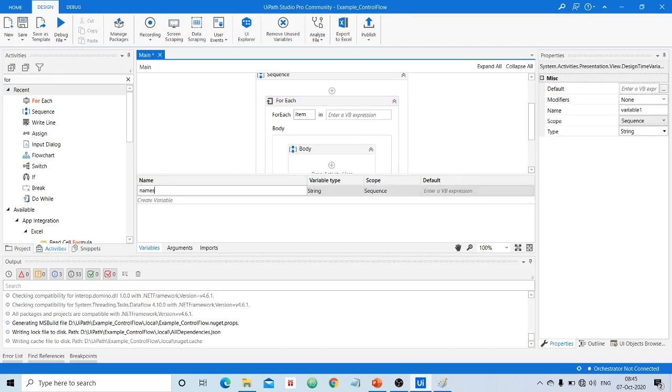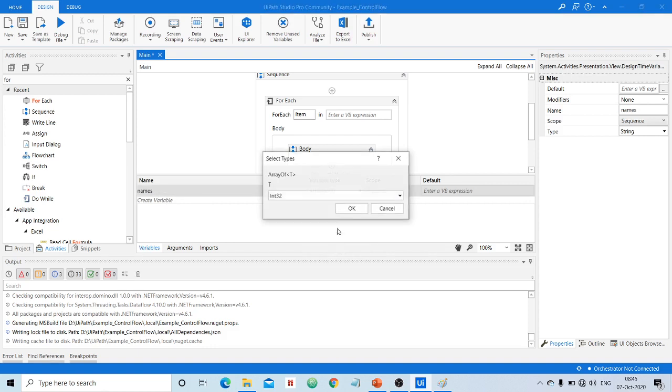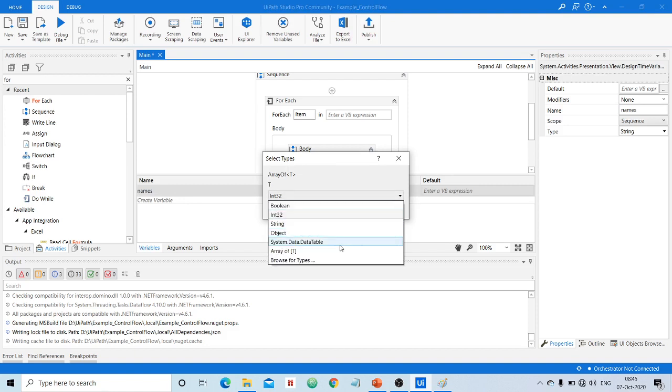Now we shall have an array named names, and it should be an array of type string in this case.